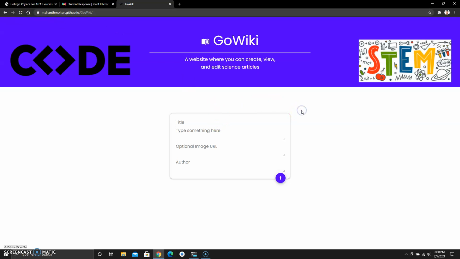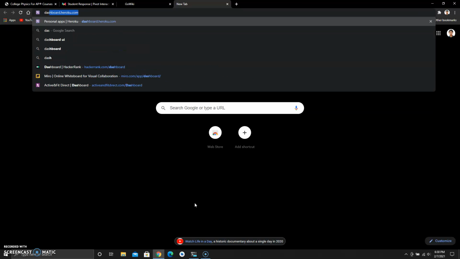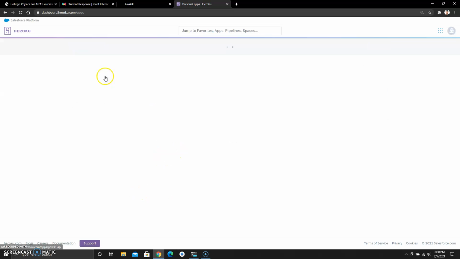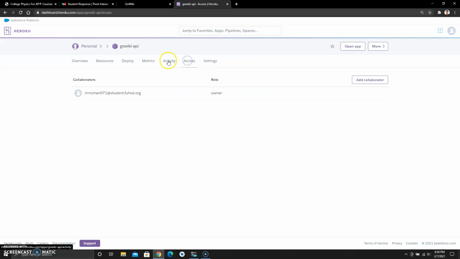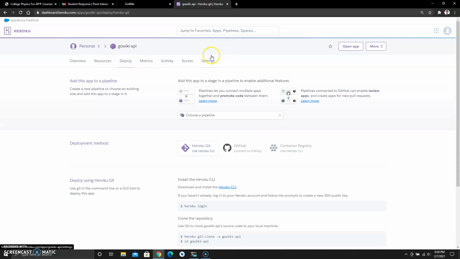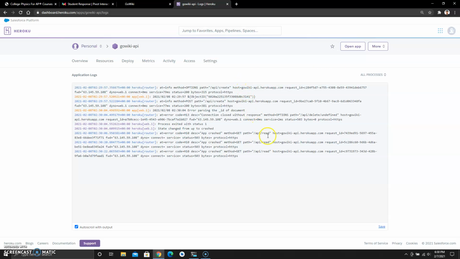Looks like something has gone wrong because it says delete of undefined. So I'm going to go to my dashboard and look at what went wrong. I'm going to take a look at the logs of my backend. As you can see,